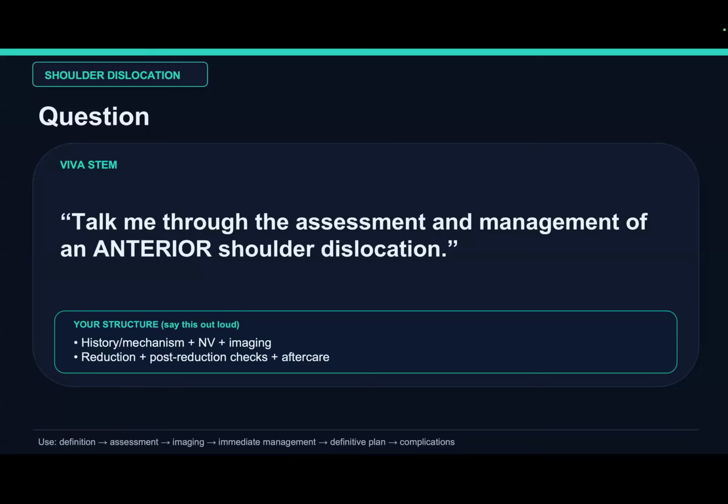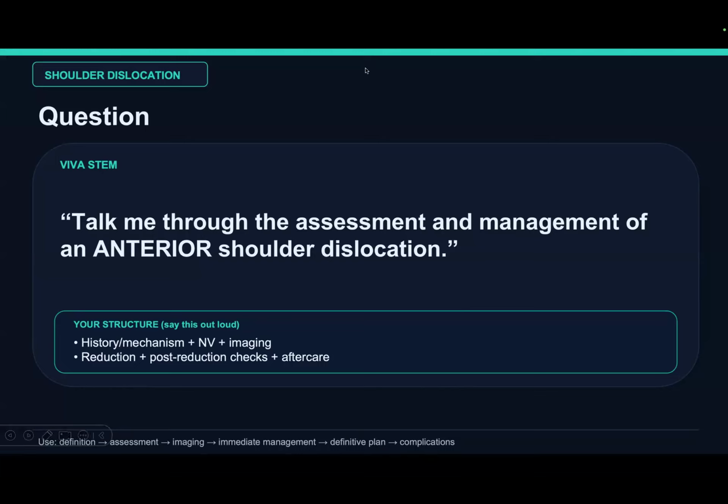First of all, I would like to get a comprehensive history about mode of injury, about dominant hand, of course, after taking ample history, which includes allergy, medication, last time of eating and drinking,